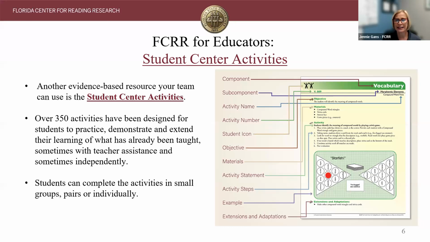You'll also notice the color coding at the top. You'll see vocabulary is green. So that is for all grade levels. K-5 vocabulary will be green. You'll also notice at the top underneath the two little people where it says